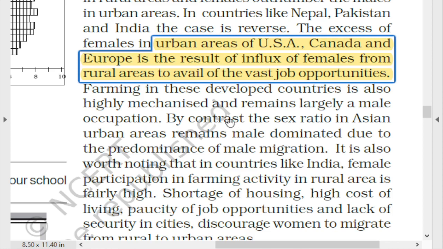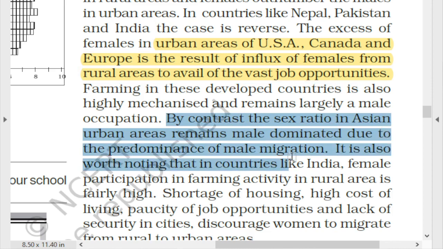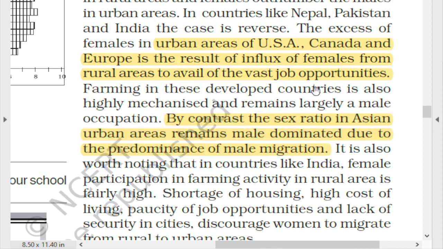इसका opposite, by contrast, the sex ratio in the Asian urban areas remains male dominated due to the predominance of the male migrations. और इसका उल्टा जो एशियन कंट्रीज है वहां पे जो अर्बन पॉपुलेशन है दैट इज द मेल डोमिनेटेड। उसका रीजन है that because the male migrations from the rural to cities, क्योंकि इन देश यहाँ पे जो